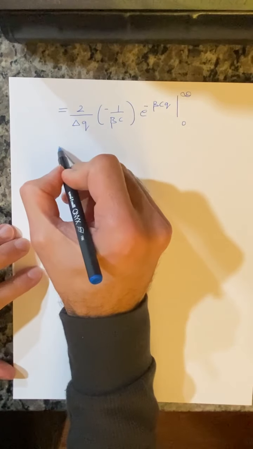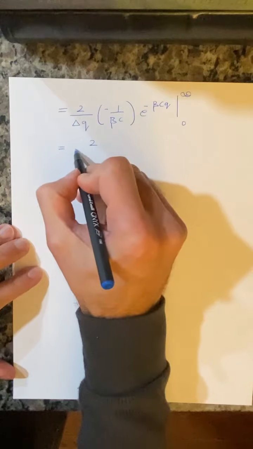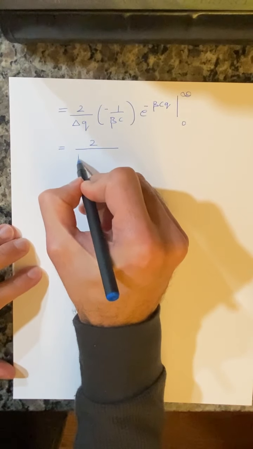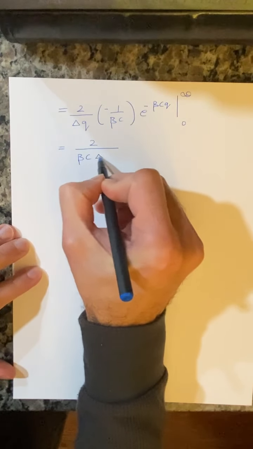Right? All I have done is taken that integral for e raised to minus beta c q, and that's what I get, minus 1 over beta c, and this term survives. All the values for infinity are going to go out. The 0 is going to be converted to 1. And what am I going to get? This is going to be equal to 2 over, I have skipped a step here, but feel free to solve this out explicitly if you want,